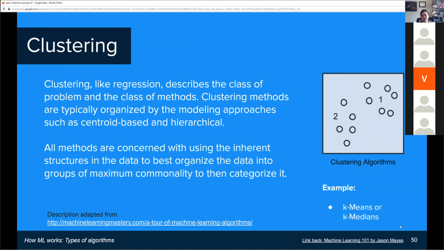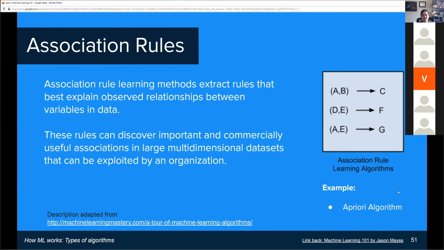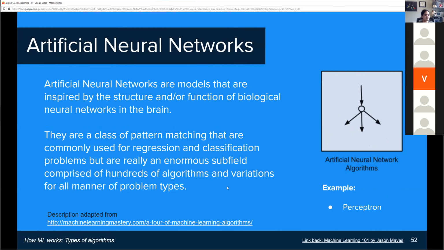So clustering again. Oh, yeah, you have k-means and k-medians. I don't remember what this is. Association rules: extracting rules that best explain observed relationships between variables and data. All right. Artificial neural networks, that